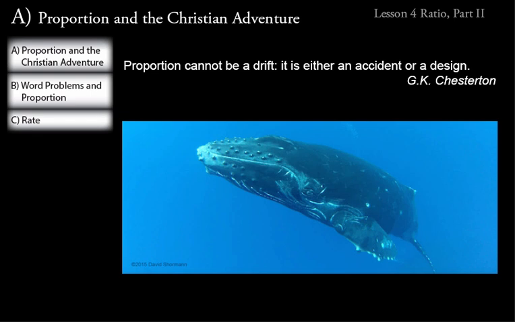Chesterton. He's also a Christian, and he lived from 1874 to 1936. And in his book, Orthodoxy, he wrote that proportion cannot be a drift. It is either an accident or a design. And you might be thinking, well, what does this have to do with ratio and a picture of a whale? What's that there for? So what Chesterton is talking about here is when you look at a whale, for example,